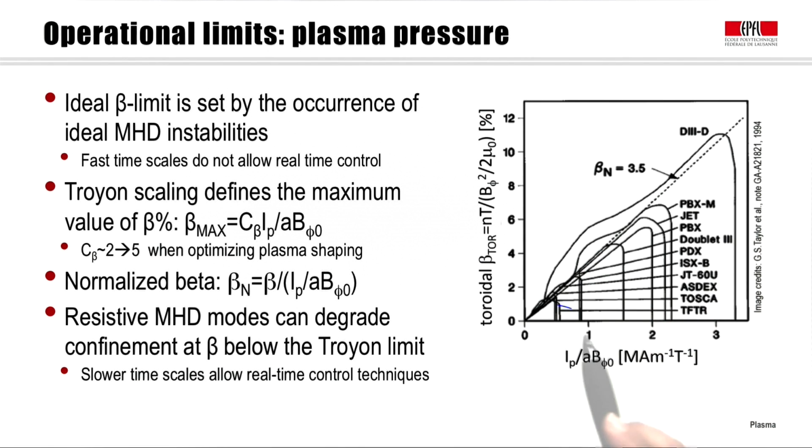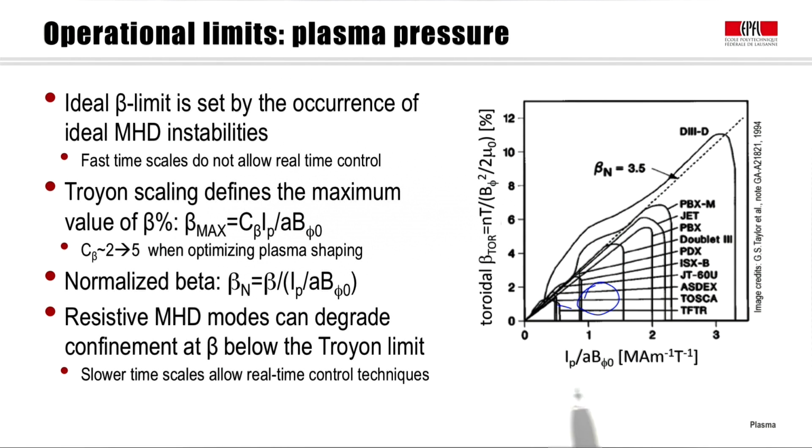So if you look again at this graph, we see that the first machines like TOSCA and TFTR were circular machines. The plasma cross-section was a circle. And in fact, all these machines operate really at the limit of beta N equal to 3.5, if not even below. However, we note that there is one particular machine in this graph, the DIII-D machine, that in fact,